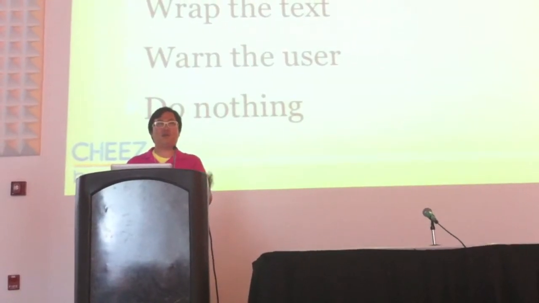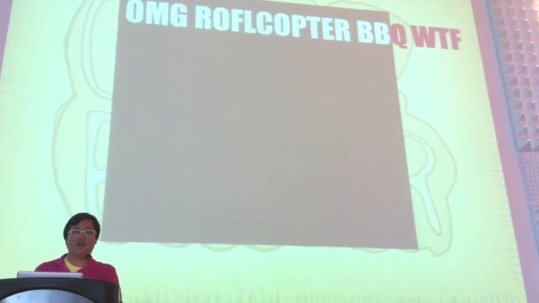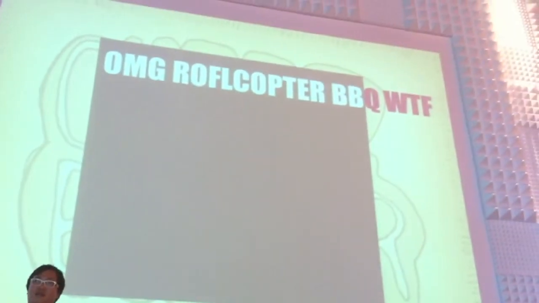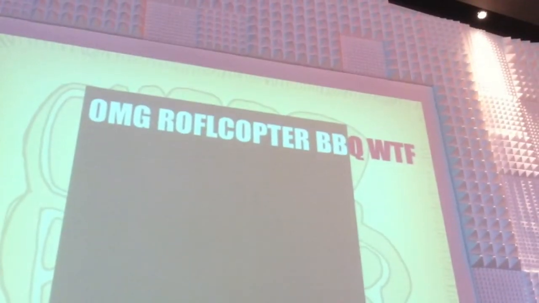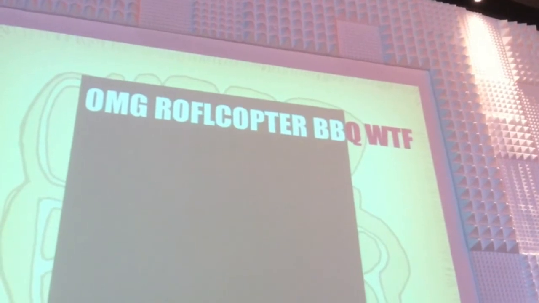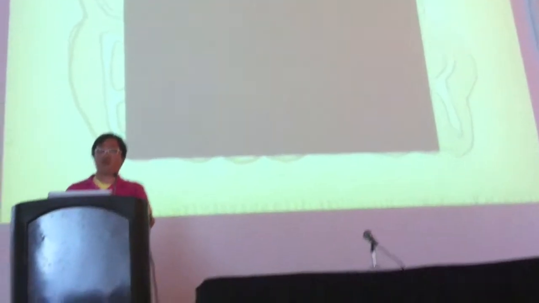Absolutely nothing when a user types too much on the screen. That's what happens. It just goes right off the page. And that's what we did. Three years later, still to this day, if you go to one of our captioning tools and you write too much, it just goes off the screen. No warning, no auto anything, it just goes off the screen.